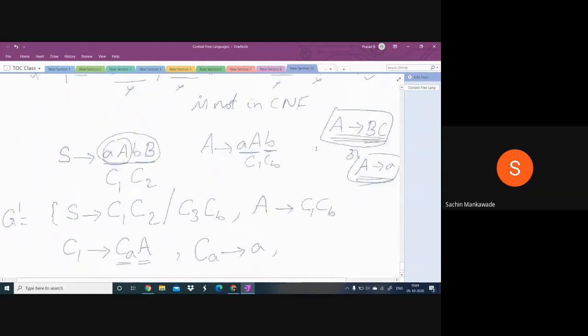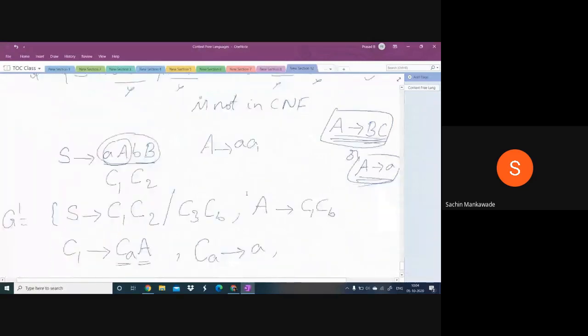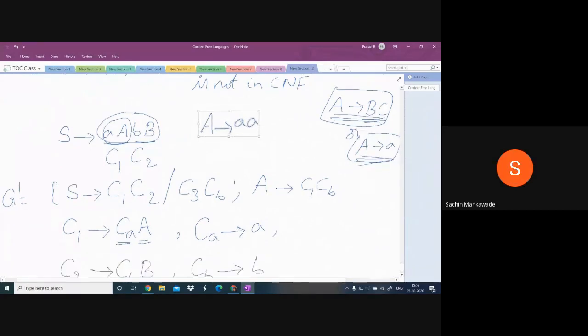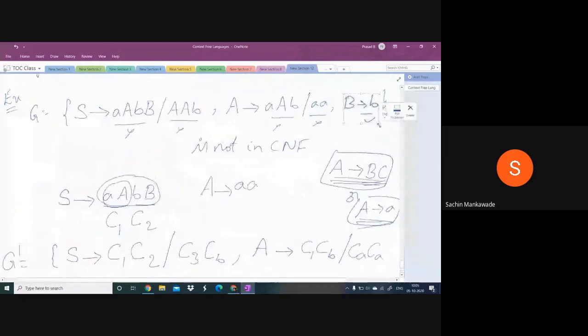And the other portion of A, I read here. A has one more production. Now tell me, what shall I write for this production? This is not valid because these two symbols are terminals. How can I convert this into CNF? Anybody please respond. CACA, very good. CACA. Next, the last production B is already in the required form, so you need not do anything.